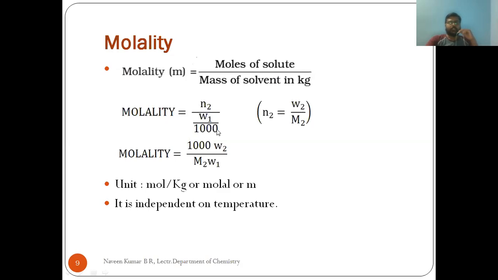Again 1000 here is to convert the mass from grams to kg. To express the mass in kg, the mass of the solvent is divided by 1000. If we rearrange the equation, it is 1000 into W2, that is mass of solute, divided by M2, that is molar mass of solute, into W1, that is mass of